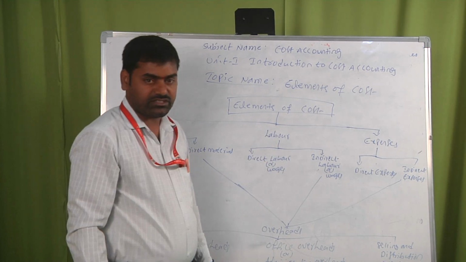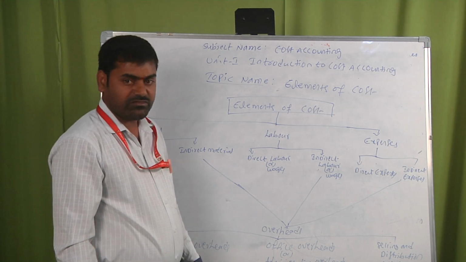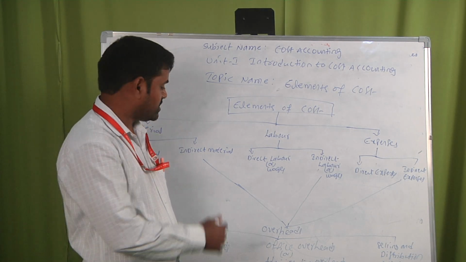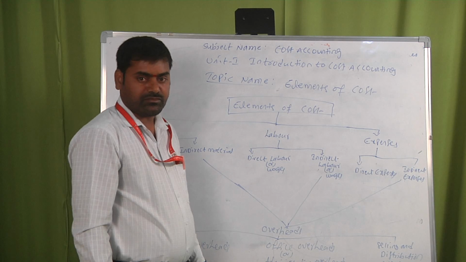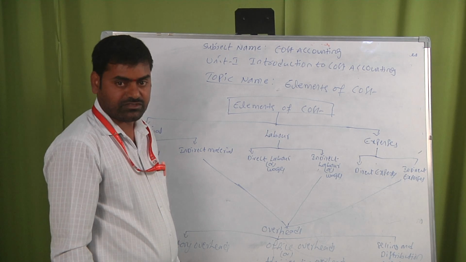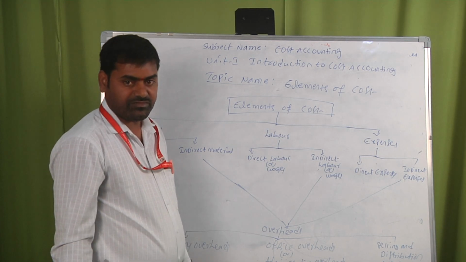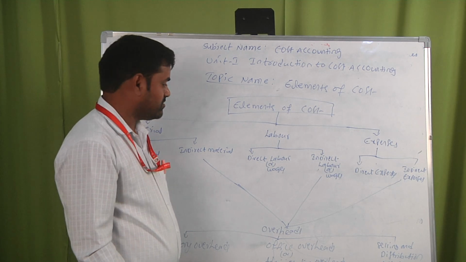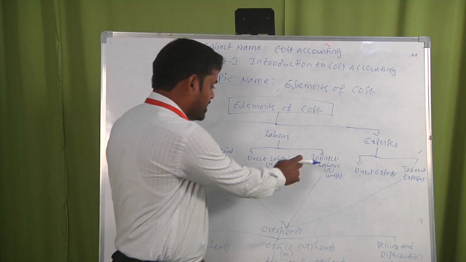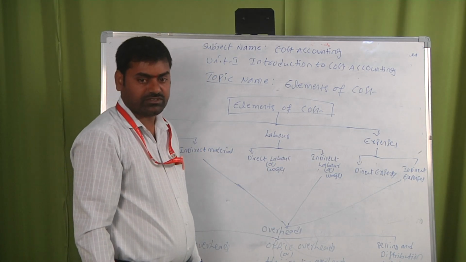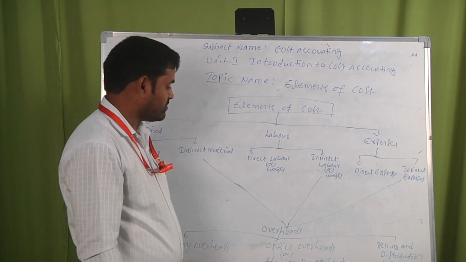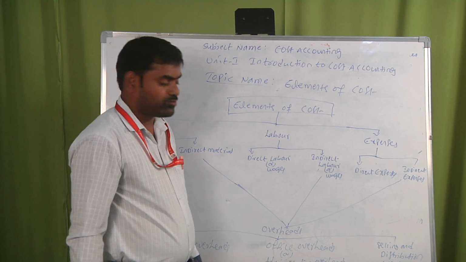Labor also has two parts: one is direct labor or wages, and the second one is indirect labor or wages. Direct labor can be easily identified in the finished product. Those directly engaged on the machine, the laborers who are working on the machine, directly participate in the work in progress. Indirect labor does not do the work itself. Generally their duties are giving suggestions on how the manufacturing of the product can be done.